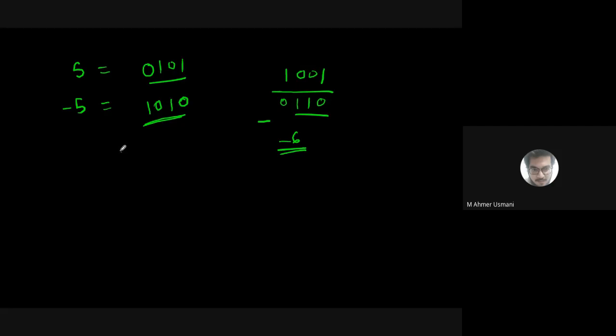I'll take another random number, 1 1 1 0. Tell me this number. It is obvious that it is negative. If it is negative, that means the number is stored in which format? Normal format or one's complement? One's complement. So find its one's complement. It is 0 0 0 1. So tell me the number. -1. Is it clear now? Yes, sir.